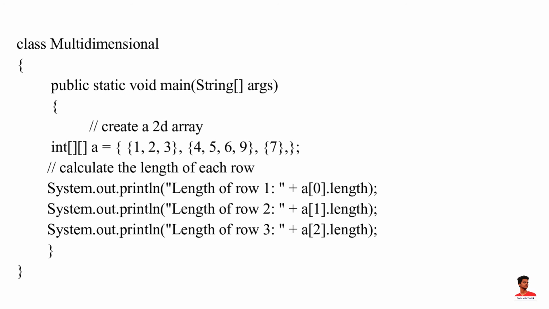In this example, we are creating a multi-dimensional array named A. Since each component of a multi-dimensional array is also an array, here we are using the length attribute to calculate the length of each row. Output of this program is